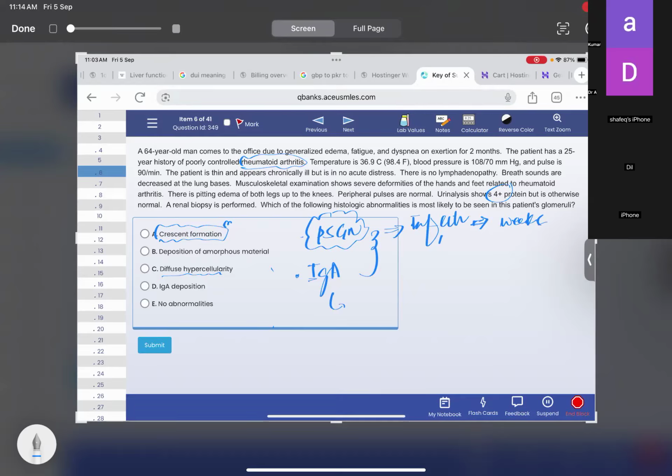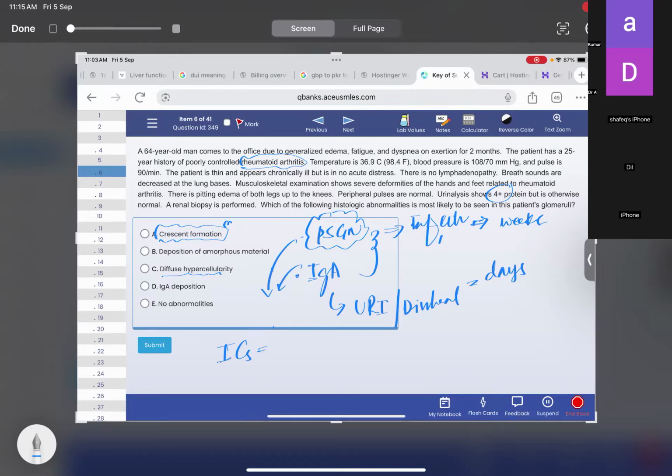And what about IgA? It will be after upper respiratory infections and diarrheal infections, and it will be in days, 1 day, 2 days after this. You will have IgA nephropathy. What's the other difference between post-streptococcal glomerulonephritis and this? Why do we have